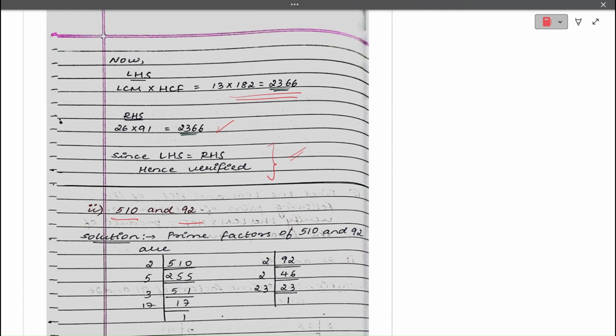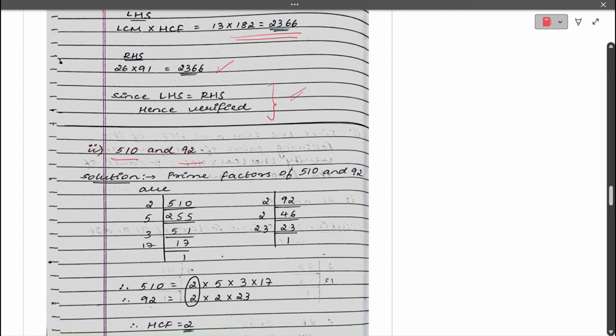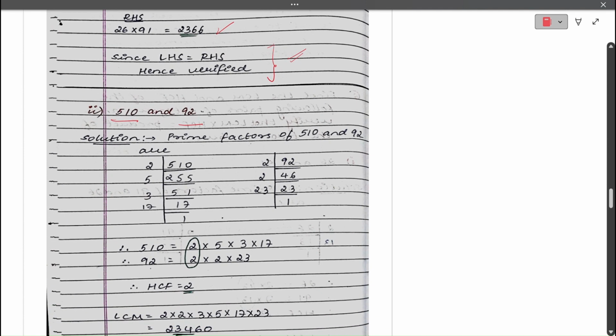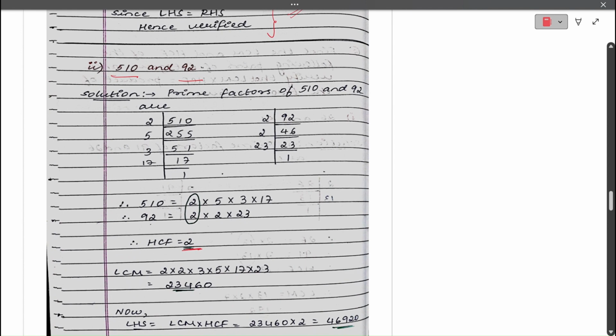So 2 into 5 into 3 into 17 is nothing but 510. For 92, 2 into 2 into 23 is 92. So the common factor, the highest common factor, that is HCF, is 2. So the LCM is